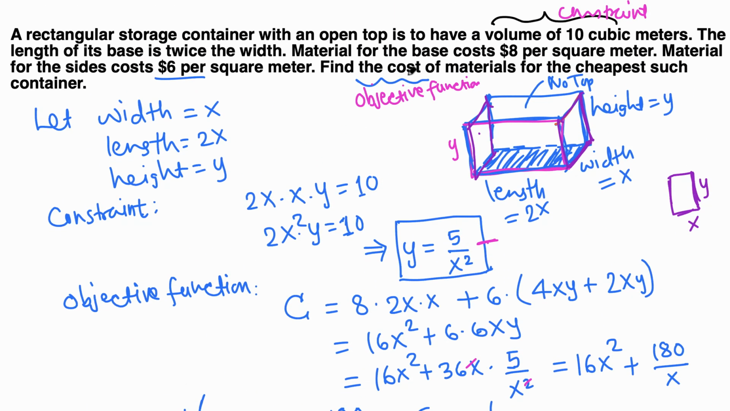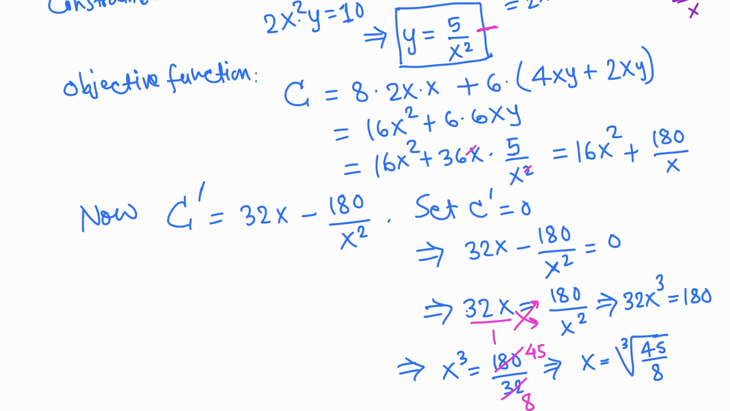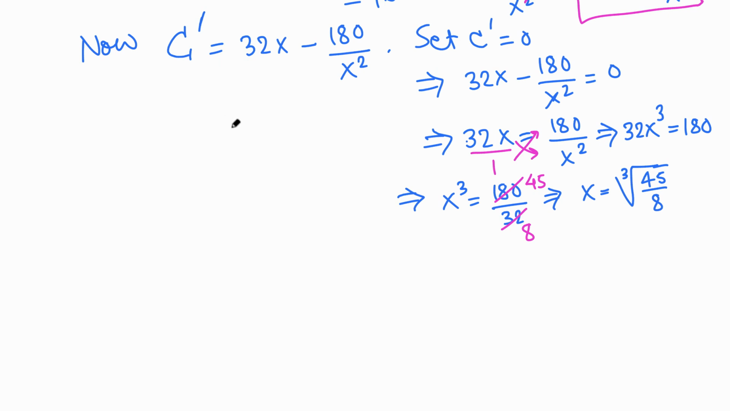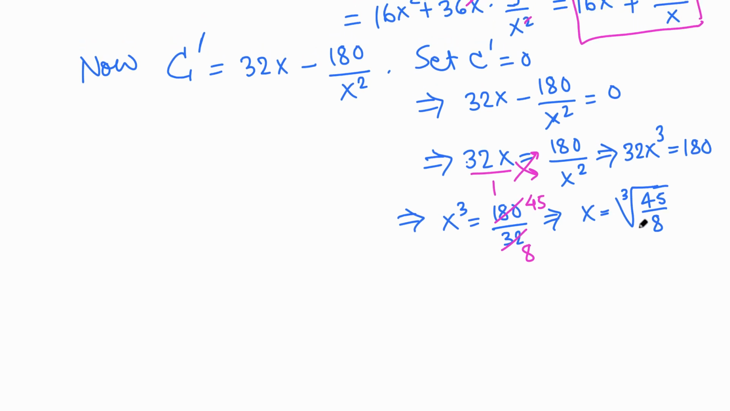We are supposed to find the cost, and the cost is here. All we have to do is plug in x equals this number and get the cost. But how do we know this x makes this cost minimum? To show that x equals this number, about 1.77, makes the cost the lowest, or minimum,